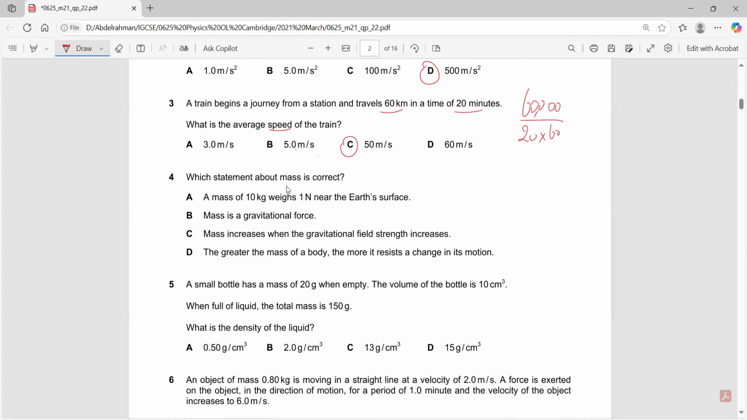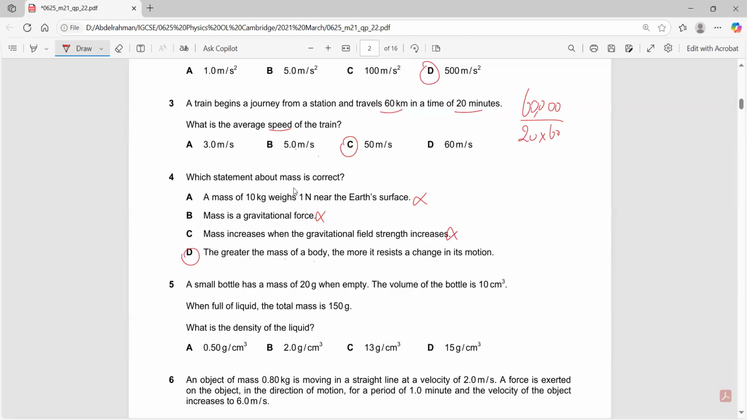Which statement about the mass is correct? A mass of 10 kilograms weighs 1 newton near the Earth's surface. No, it would be 100 newtons. Mass is a gravitational force. No, that's weight. Mass increases when the... no, again, this is weight. The greater the mass of the body, the more it resists change in its motion. Yes, it would be more difficult to push a huge mass, and it would be more difficult to